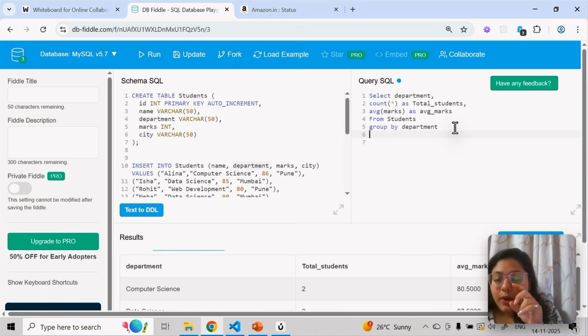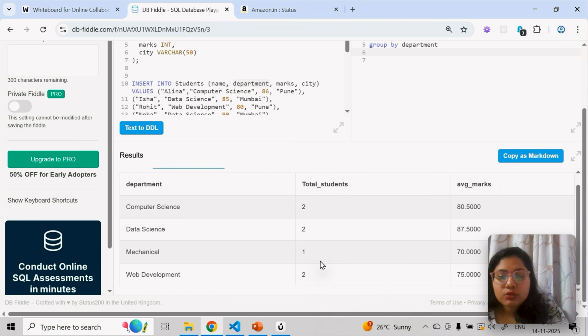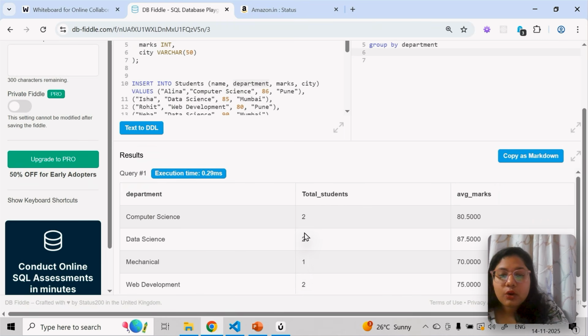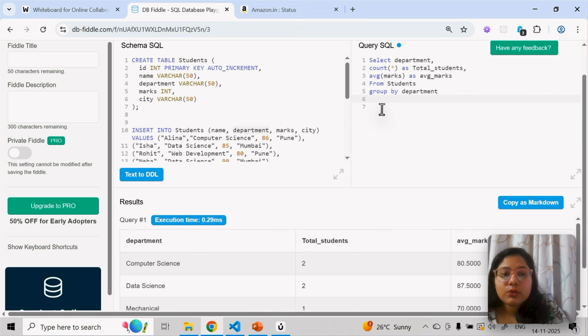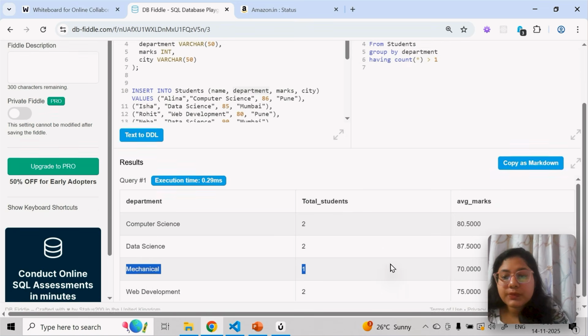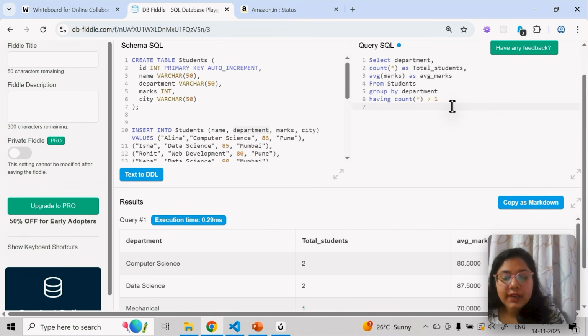Now I will put one thing here. I don't want all. I want only those whose count is greater than 1, or equal to 2. I want only those departments. Now on this I'm putting a condition, having count greater than 1. You can see mechanical has a count of one, so it should not come in the output. Also, I want to